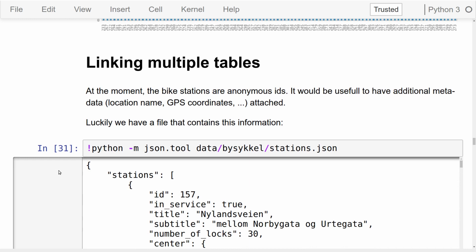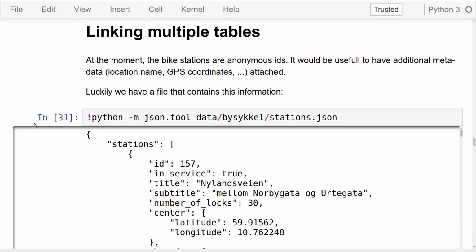Okay, so the next thing. At the moment we've always been working with this abstract station ID, which is a bit boring. Ideally we would like to get some more information about the stations. Each station has a name, a location, GPS coordinates, and so on. So we need to start working with more data tables to get more meaningful outputs. And luckily,